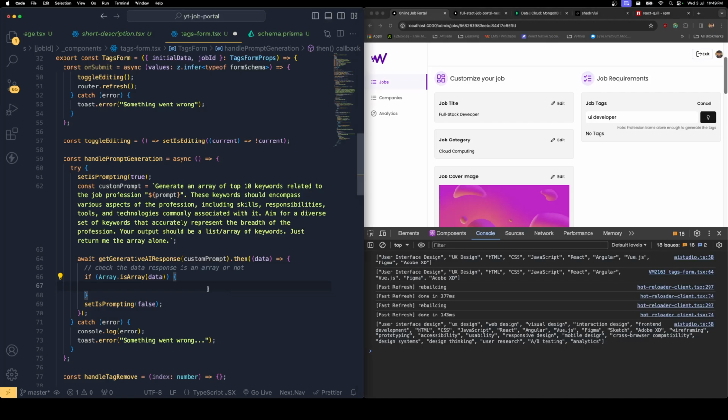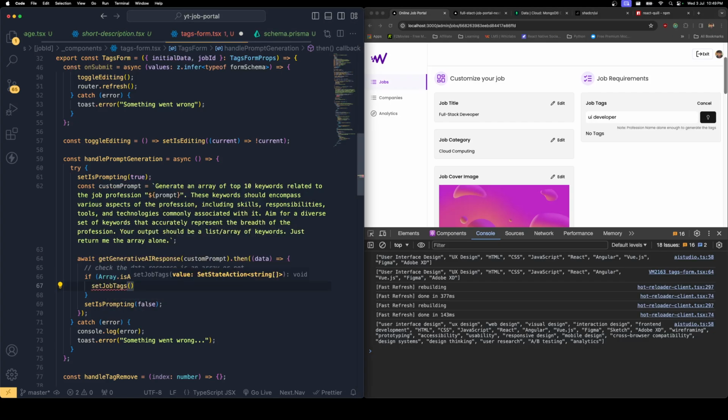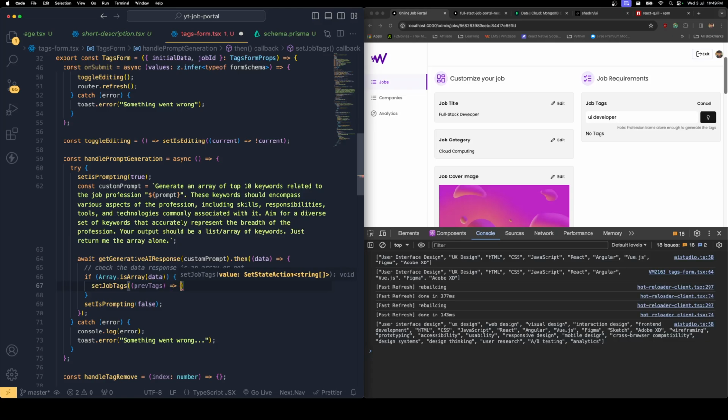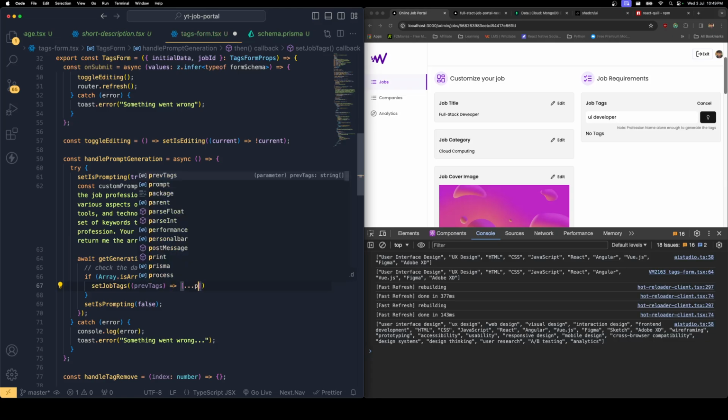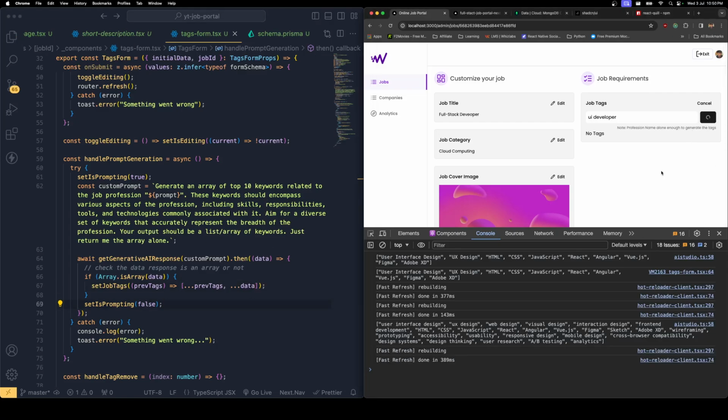So inside here, I need to set this to the job tags. Whatever tags I previously had, I need to fetch those. So let's get the previous tags, then convert it into an array. Then I'm going to destructure the previous tags, and then destructure the data I'm getting back. This way, we can keep the old data as well as the new tags. You can keep on generating any number of tags, but every time it's going to give you the top 10 only. Okay, so save these changes. Now let's check it out. If I click generate,